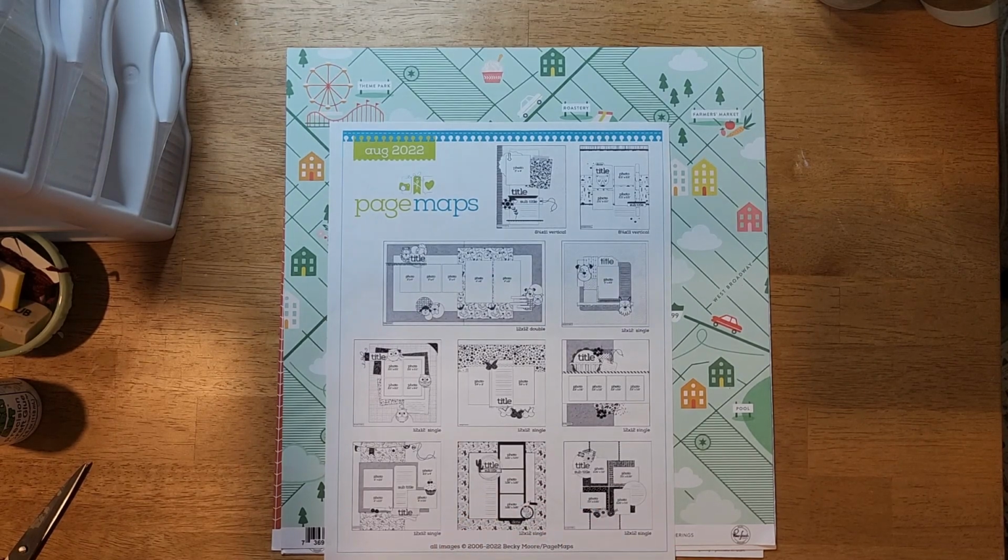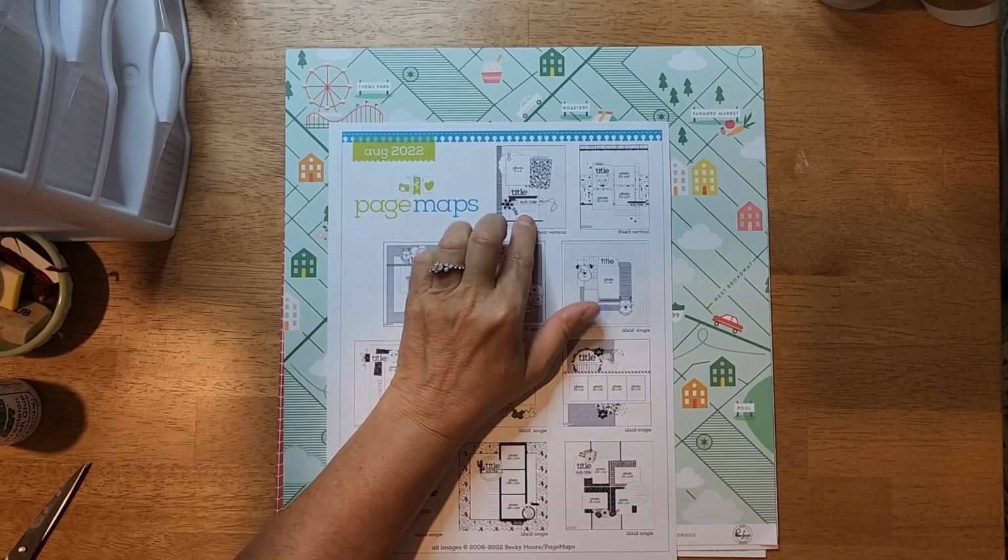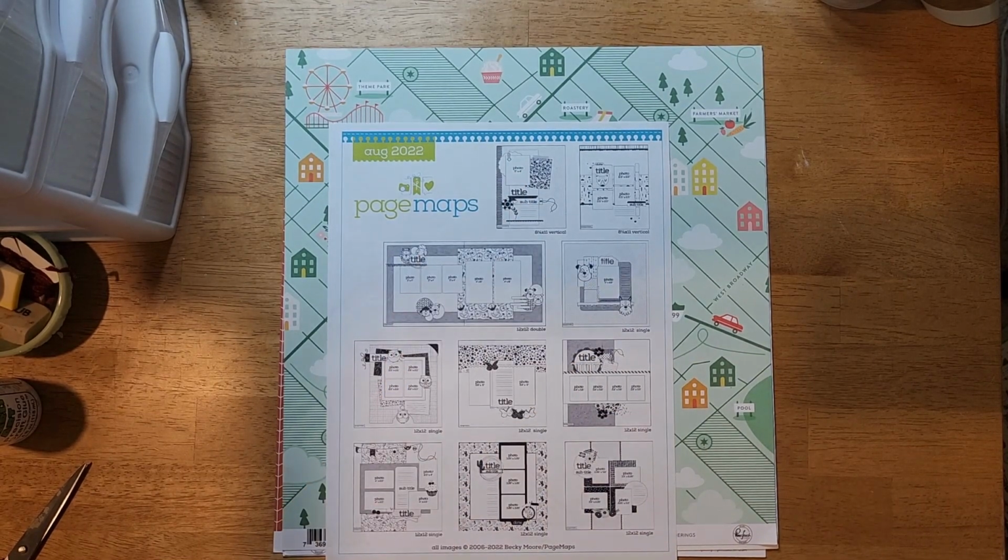So let's just talk a second about sketches and scrap lifting. In my mind, and it's kind of hard to explain, I kind of see a sketch as you're watching a TV show on a black and white TV. That's a sketch. A scrap lift is like watching a show on a color TV. It's still a sketch in a sense, but you have the actual photos, and you have actual